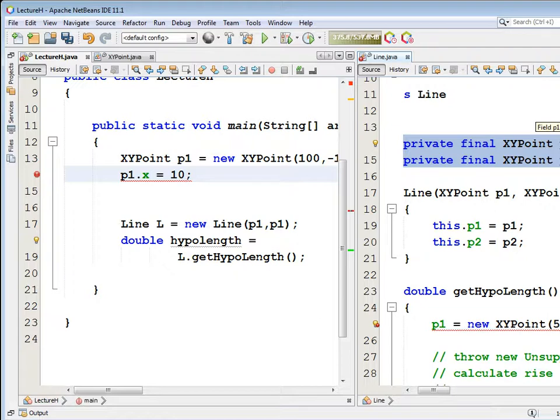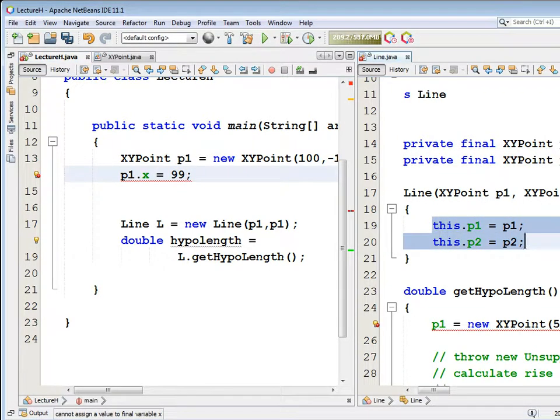You're just getting another reference to it. Meaning that if I had done this, new XYPoint equals 100, and then I set p1.x equal to 99, then all of a sudden this object's p1.x,